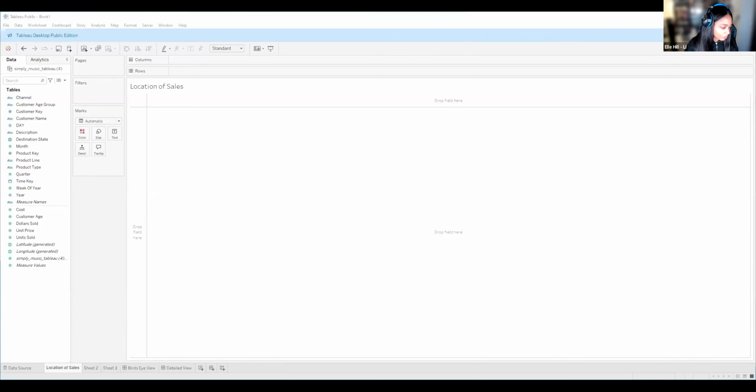So this is how we can calculate the total cost for each of our items. And then afterwards, we're going to use this to create our profit. But first, let's think about how to create this total cost. You can actually create your own fields within Tableau. To do this,